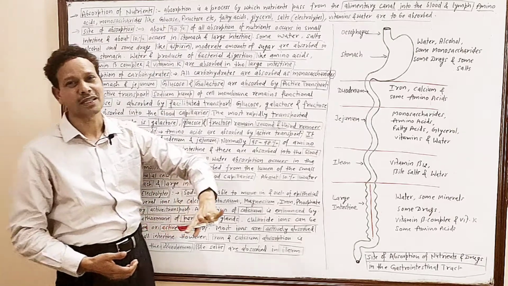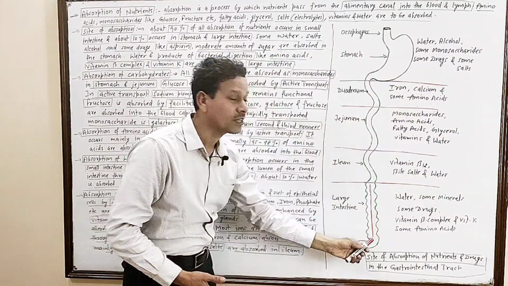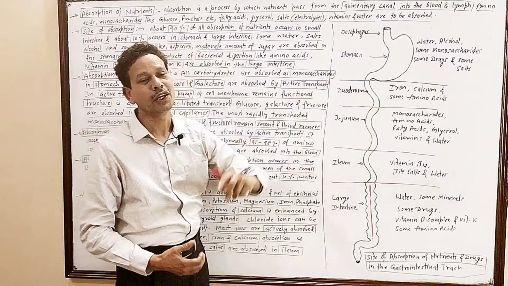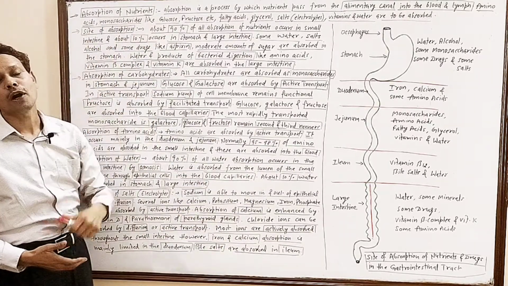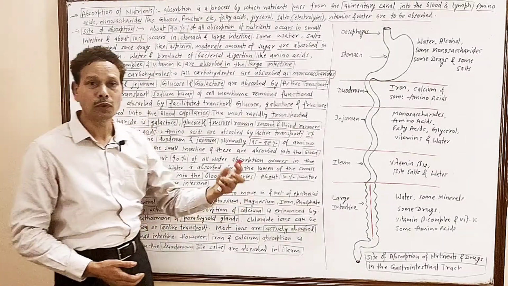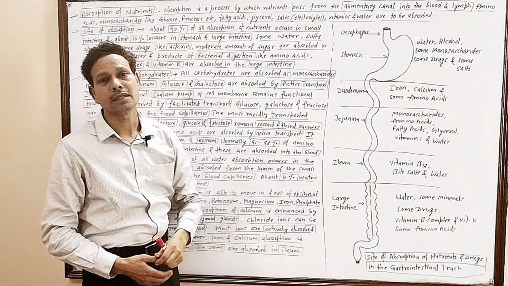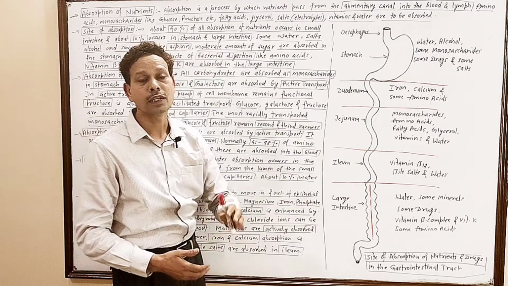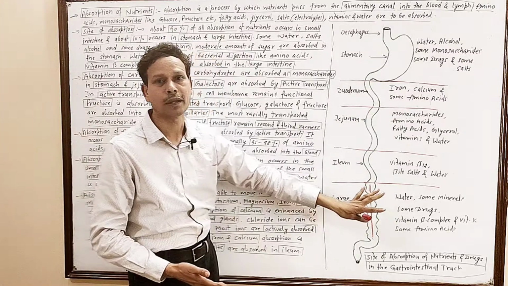Absorption is a process in which the nutrients present in our gastrointestinal tract are passed into blood and lymph. Site of absorption of nutrients. As we know, about 90% of nutrient substances are absorbed in the small intestine. Dear students, more than 90% of nutrients are absorbed in the small intestine.